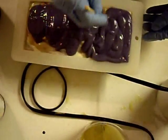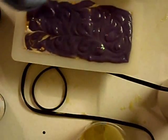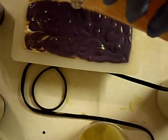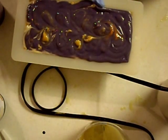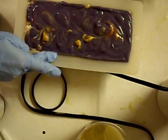Okay, so here I have a little chopstick type thing. And I'm just adding a couple of little color patches on the top of the soap just to make a nice little swirl. There we go, a little touch up, a little clean up. It's time for the finishing touches,